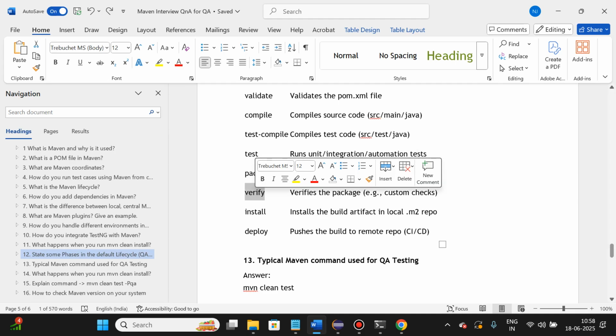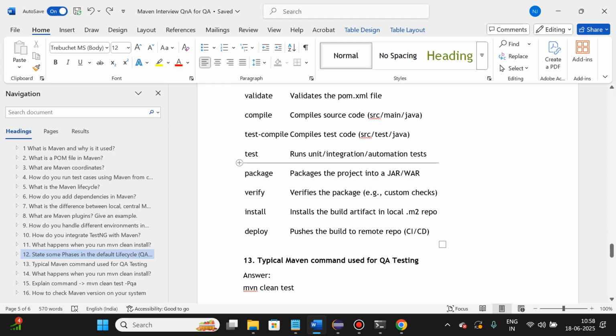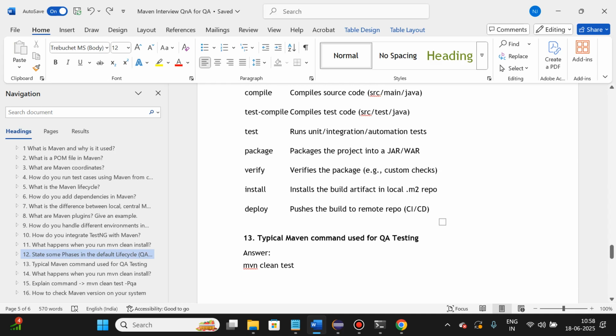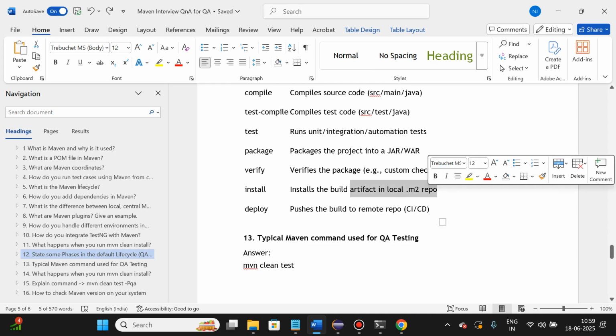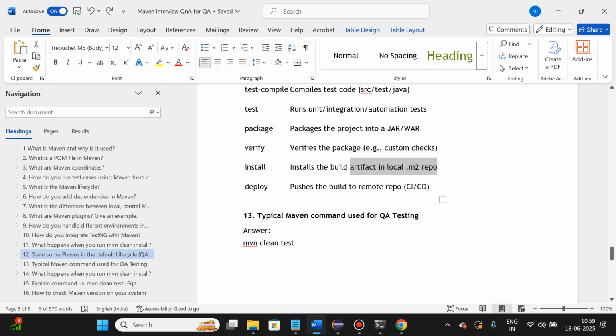will verify that the project or the package which we created is valid and does not have any errors. So it will do some custom checks. Install will install the package as a build into your local M2 repository. Okay, deploy will deploy the build to any remote repository, maybe Git, so that you can integrate it with CI/CD